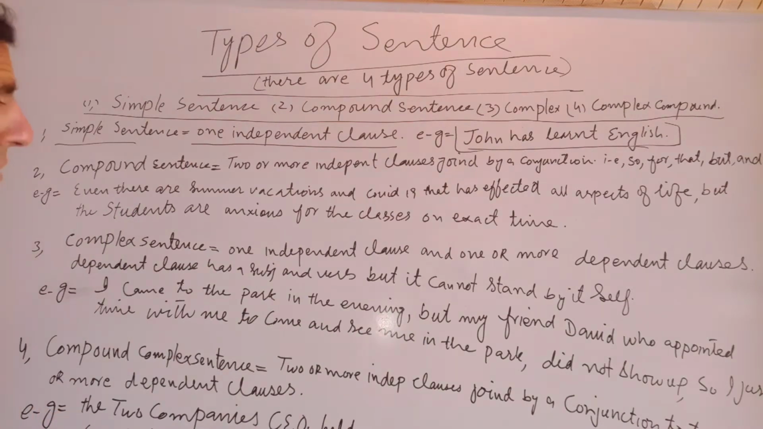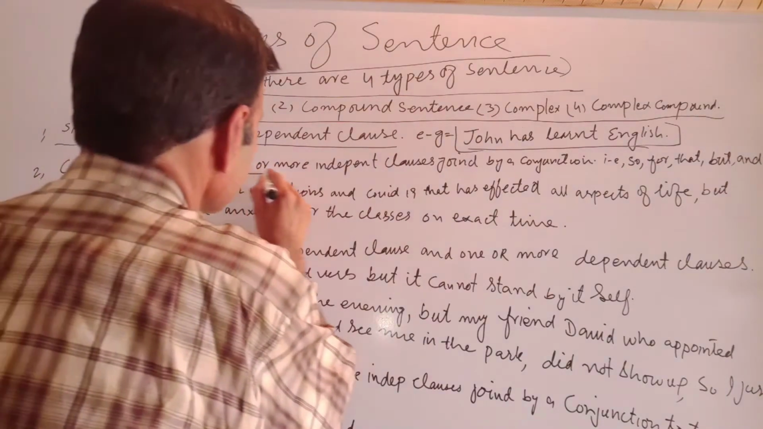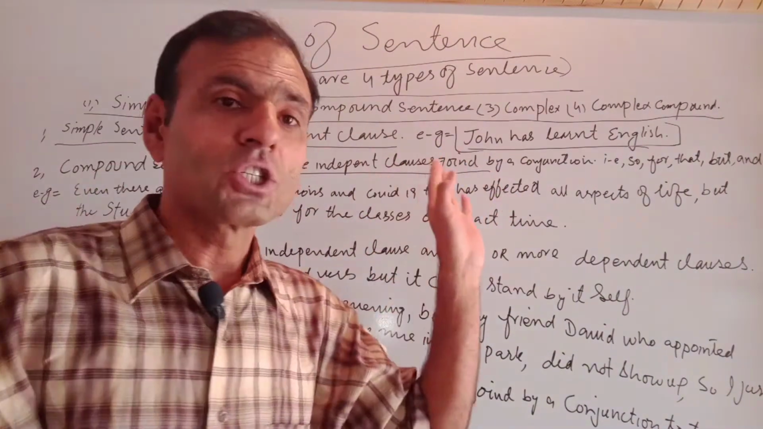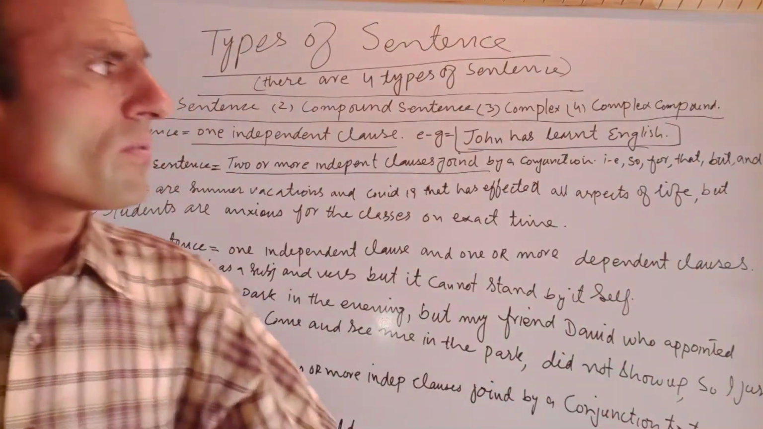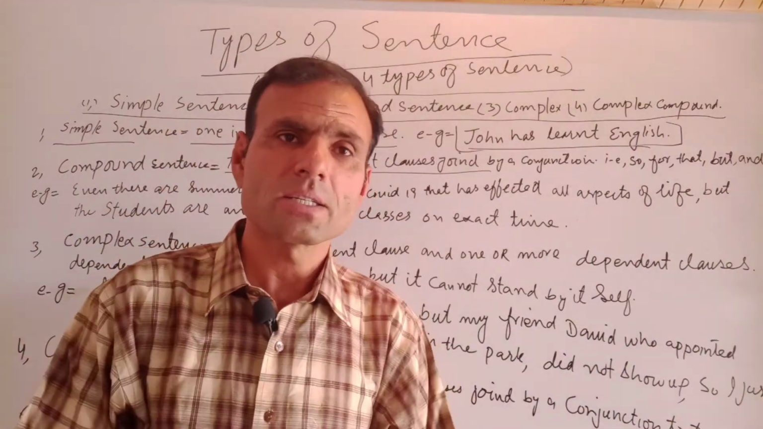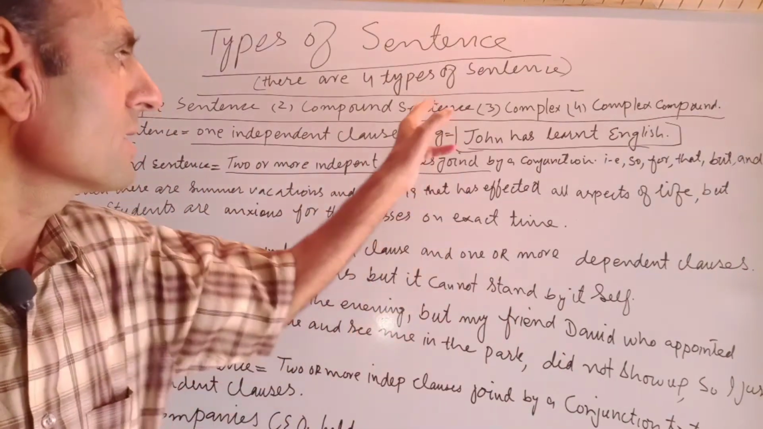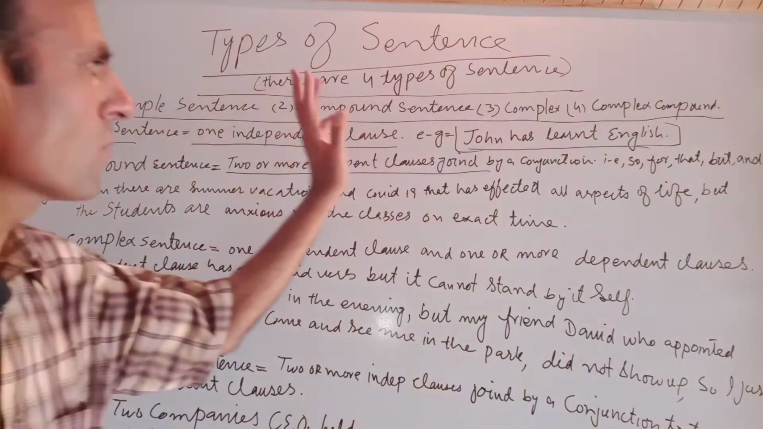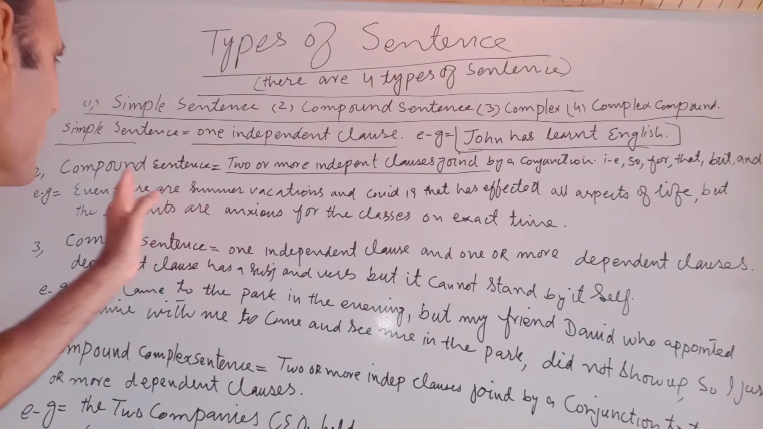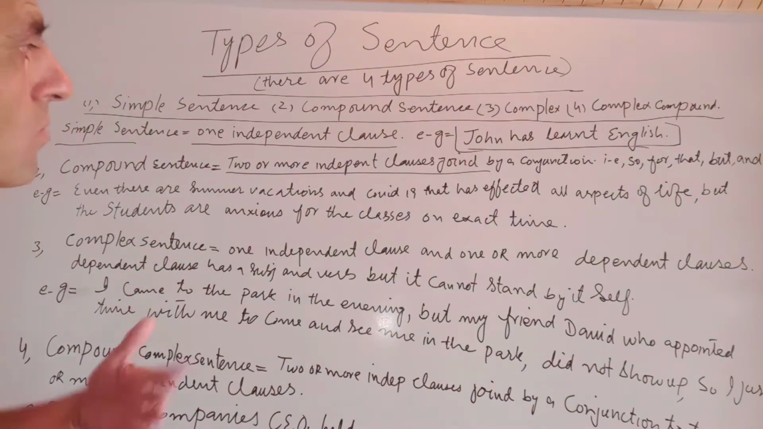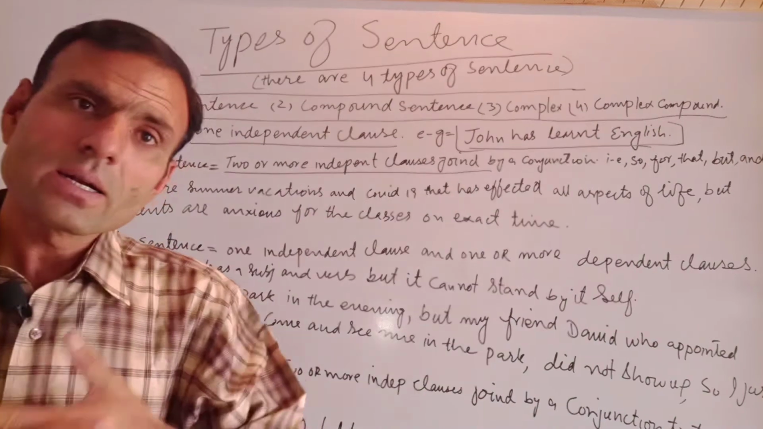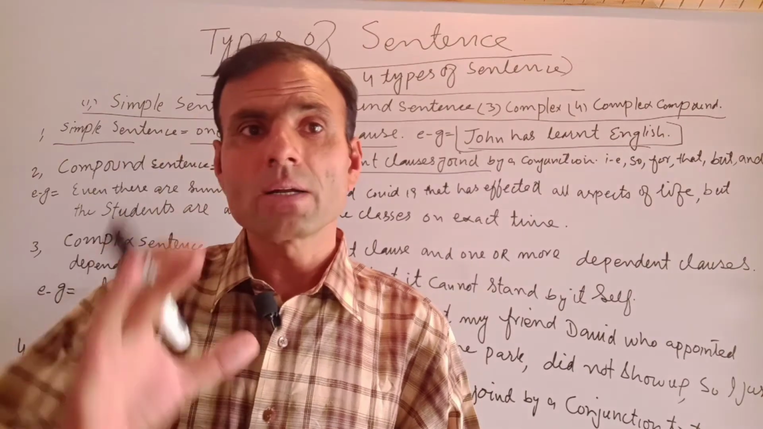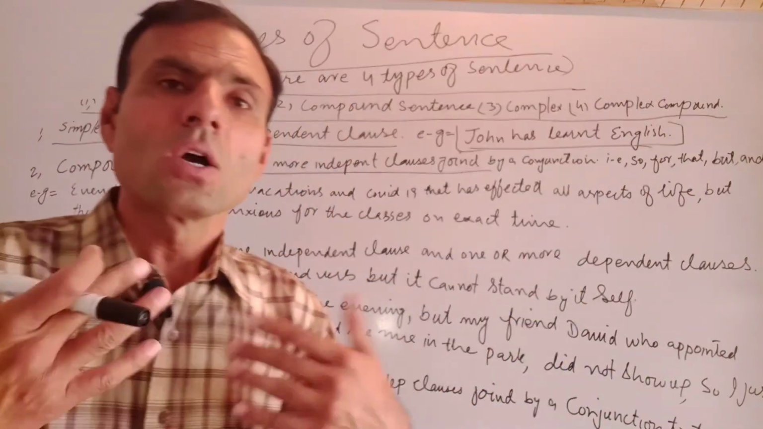The second one is compound sentence. See it here: 2 or more independent clauses joined by a conjunction, such as so, for, but, or, and, etc. The difference between the simple sentence and the compound sentence is that a simple sentence has only one independent clause, and a compound sentence has 2 or more independent clauses. But all these independent clauses are joined by a conjunction. A conjunction is like or, but,